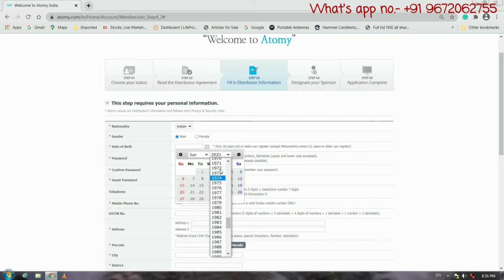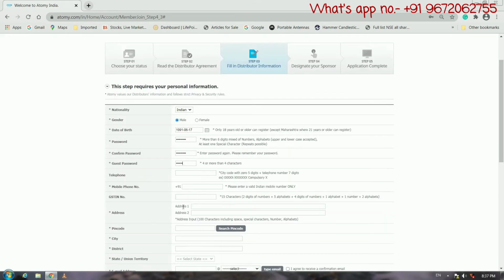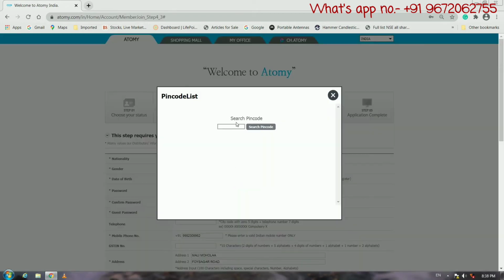Fill in your birth date, enter your password, enter here your guest password, your mobile number, you can leave your GSTN number for now, enter your address, enter your PIN code, and select your city below.